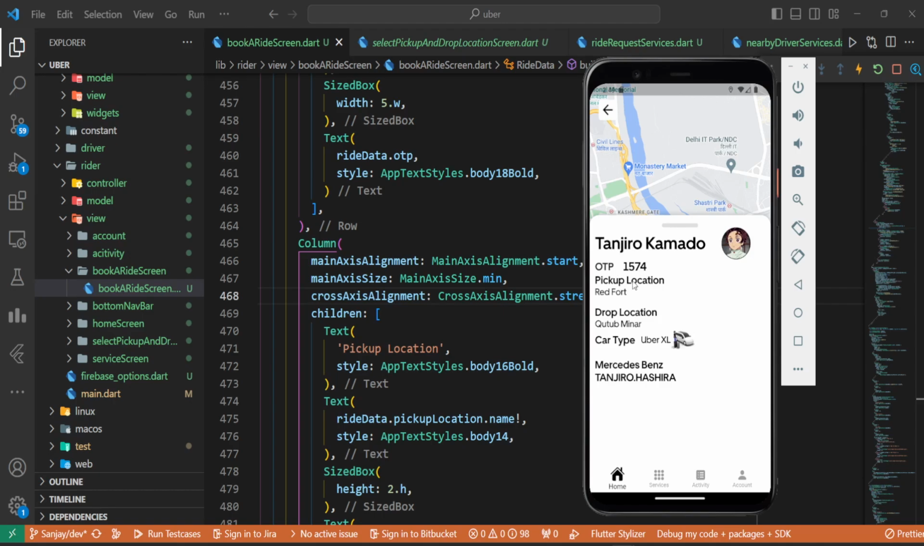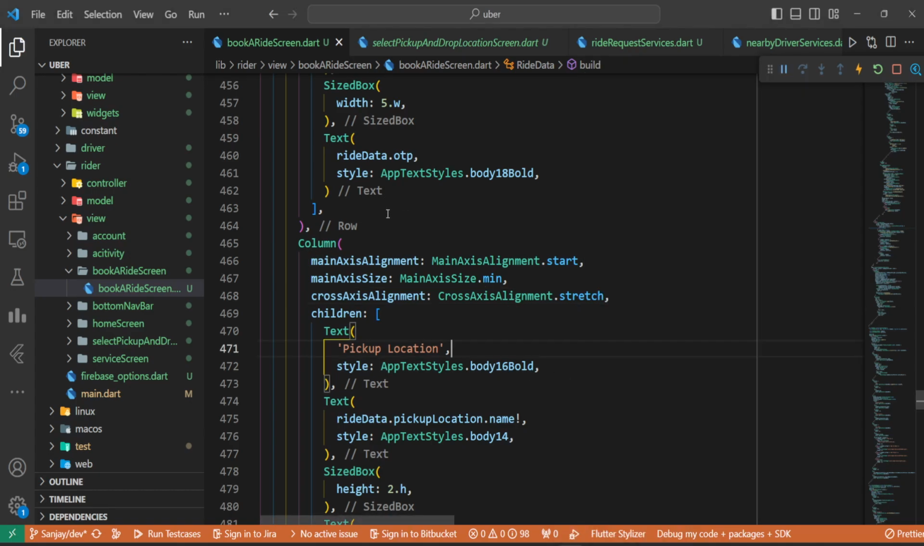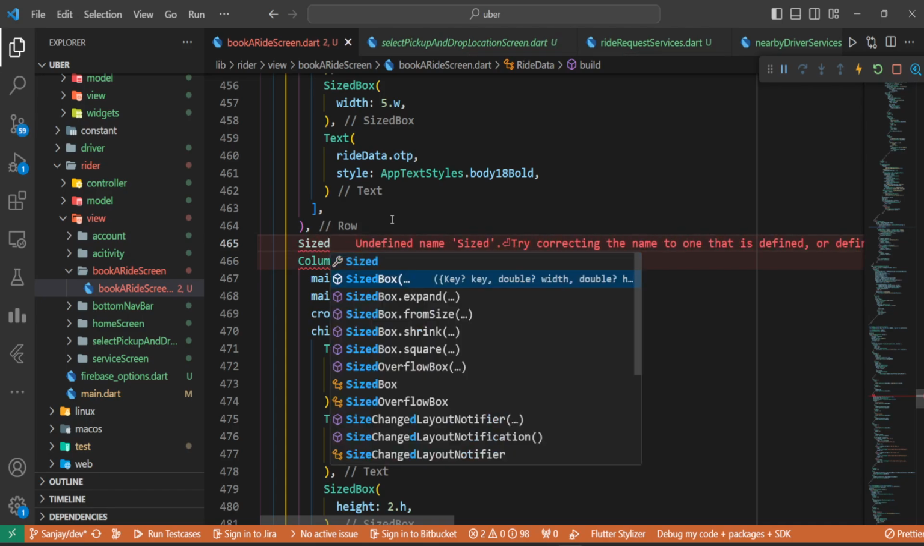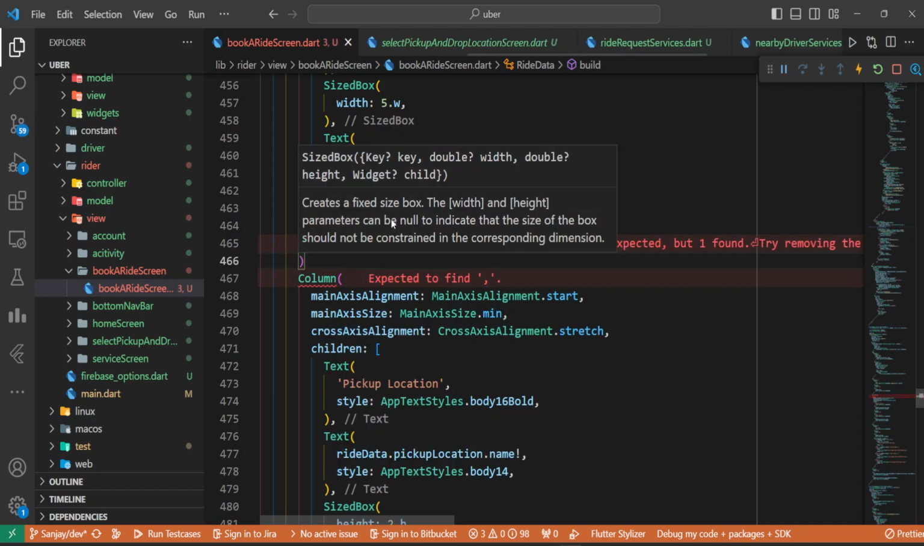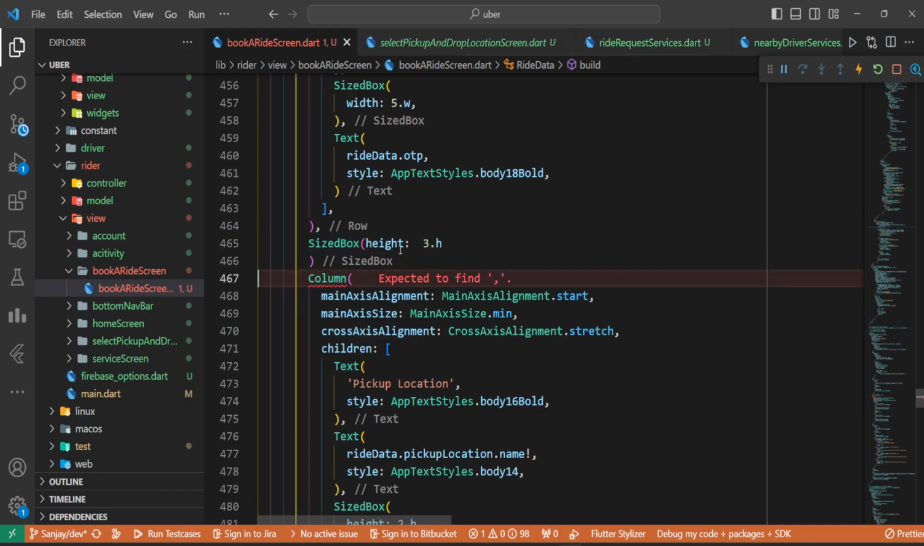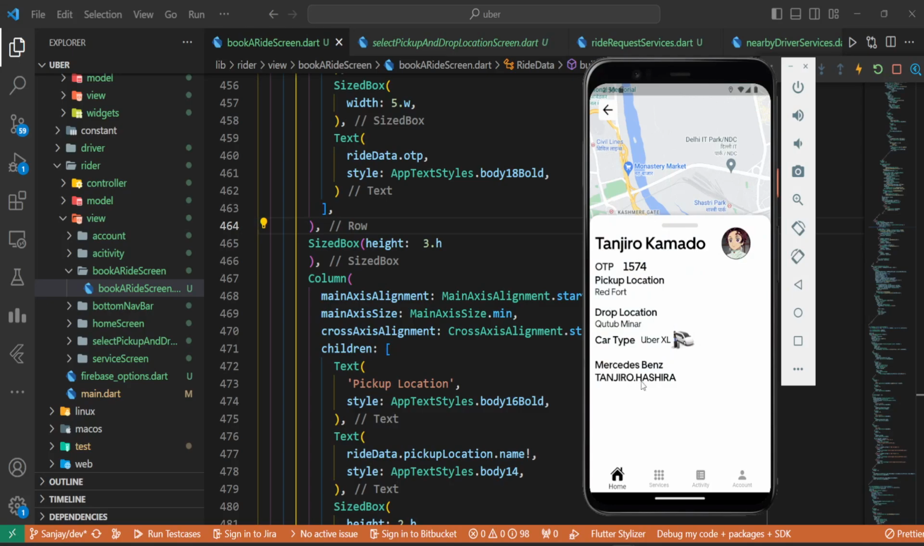Here we have OTP, pickup location, then comes up drop location, car type. It's good. Here the name of the car, Mercedes Benz, and here is the car number. We do need to introduce a little bit of spacing after the OTP. We will go with size box, height, 3.h. I think that's going to be fine. We will save it. Here the car number doesn't look like a car number, so